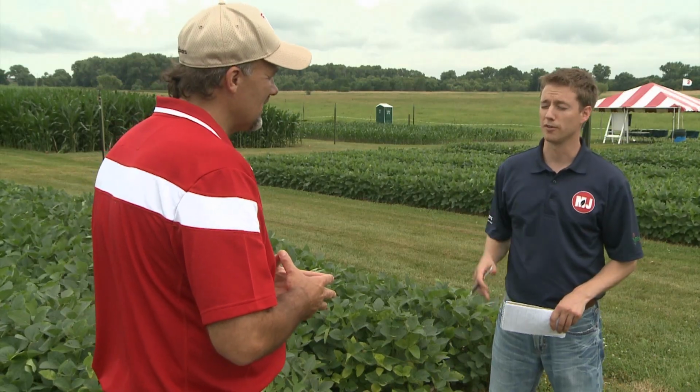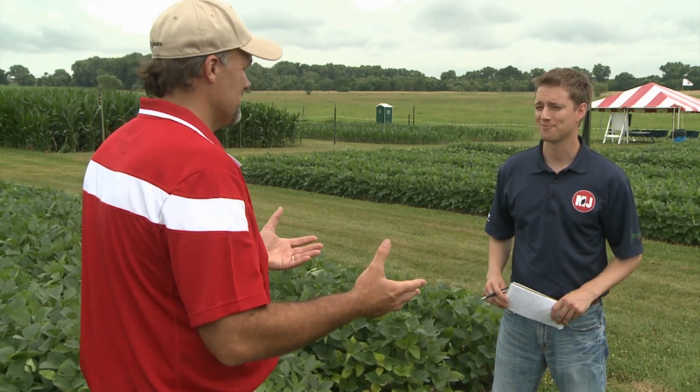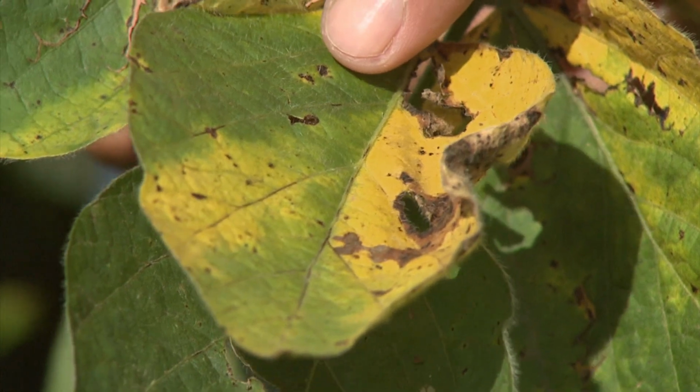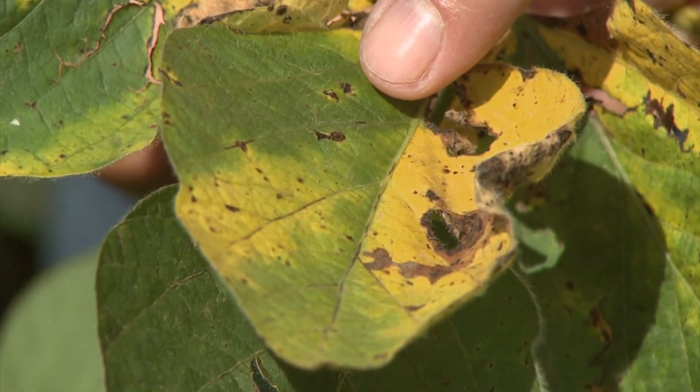If you do make the application, are you also mixing in an insecticide? Well, it's not an IPM strategy at all, but I think the thing that we've seen, historically when we look at the data, and I'm not an entomologist, so I hate to comment too much, but the reality is when I see the higher yield hits, they're usually fungicide insecticide combinations,